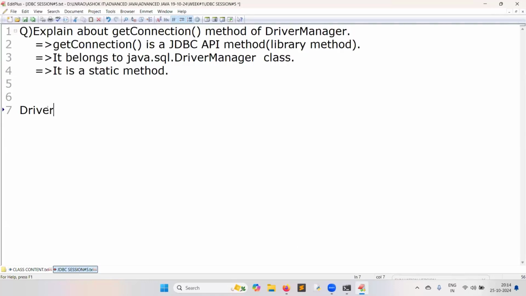DriverManager.getConnection. If it is an instance method, you have to create the object of the DriverManager class, then call the method. No, that is not required. getConnection is a static method, so class name dot. That is the story.